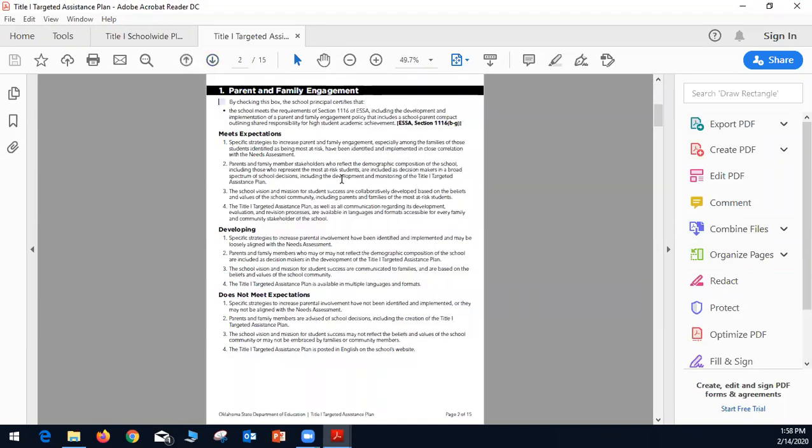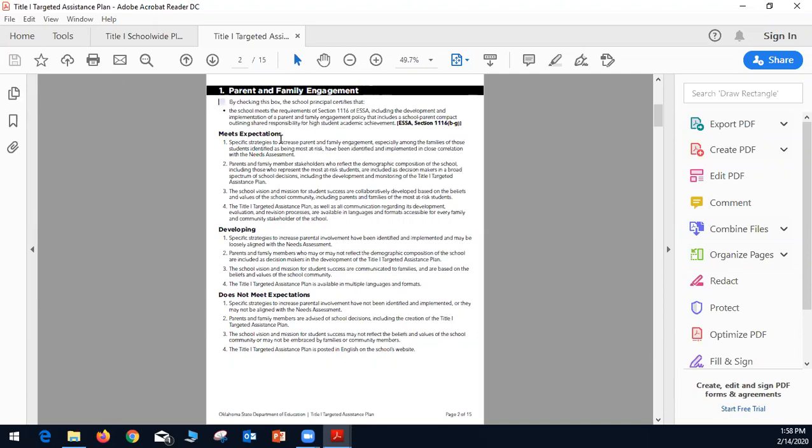Then the first component is parent and family engagement, which is pretty similar, I would say, if not the same, with the school-wide parent and family engagement component. But there is the same checkbox where the principal certifies that the plan aligns with the requirements under Section 1116.